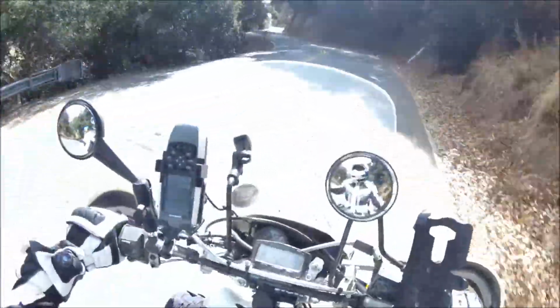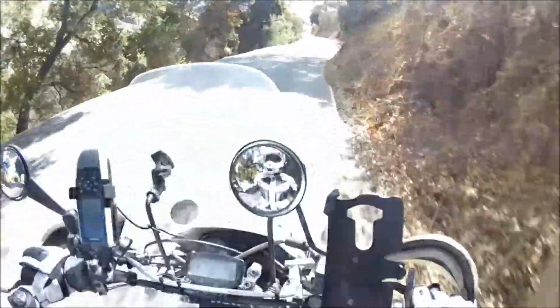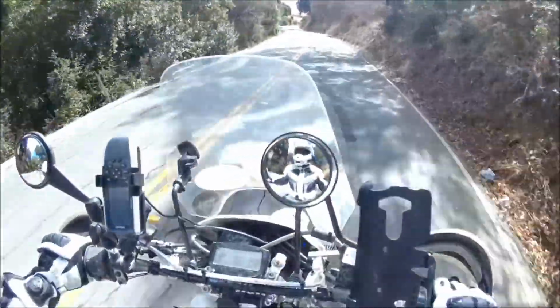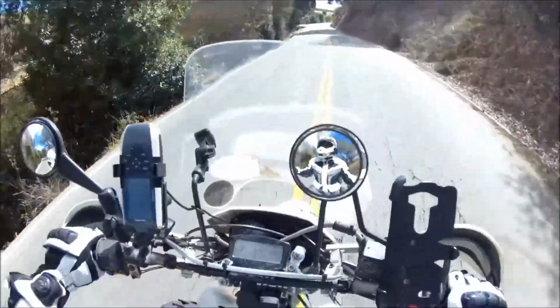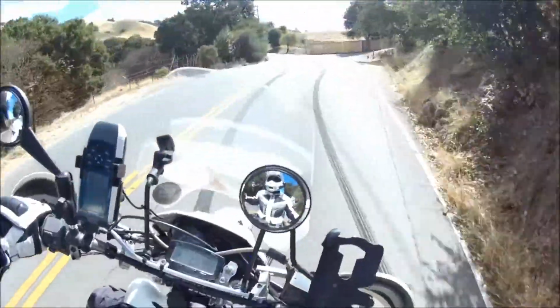I'm feeling it's got some good power now. The last time I rode it didn't feel that powerful. It's probably because it was warmer. And now we're getting higher up, there's less oxygen, the mixture is better,